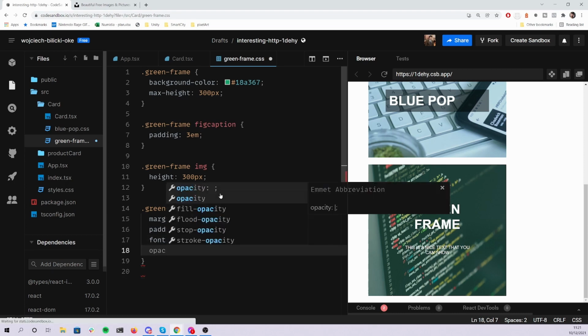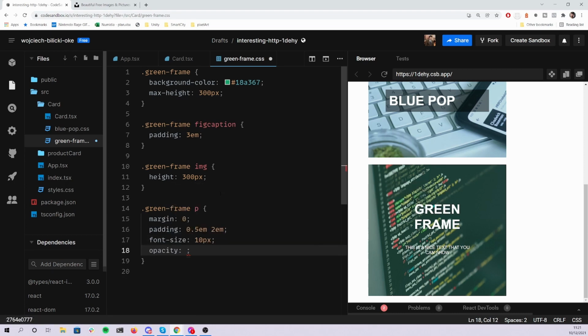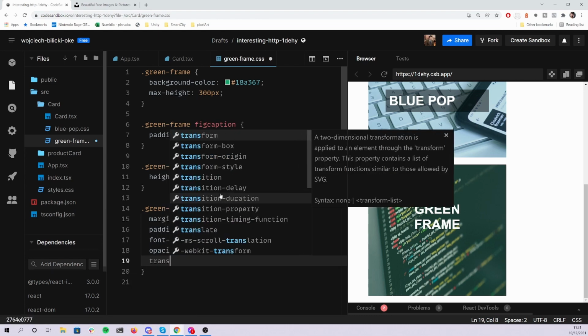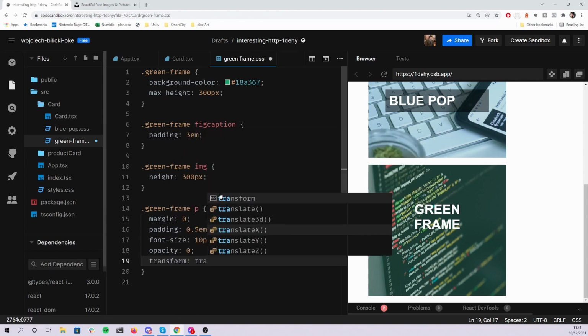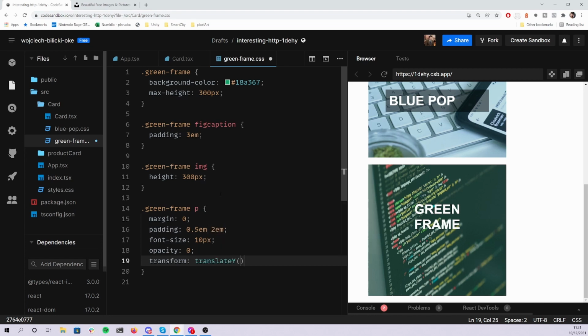Okay, let's bring the opacity down as we're gonna animate the opacity, of course, and we're gonna transform and translate the Y. That's gonna be minus 16 pixels. So if we bump it up, you can see that this